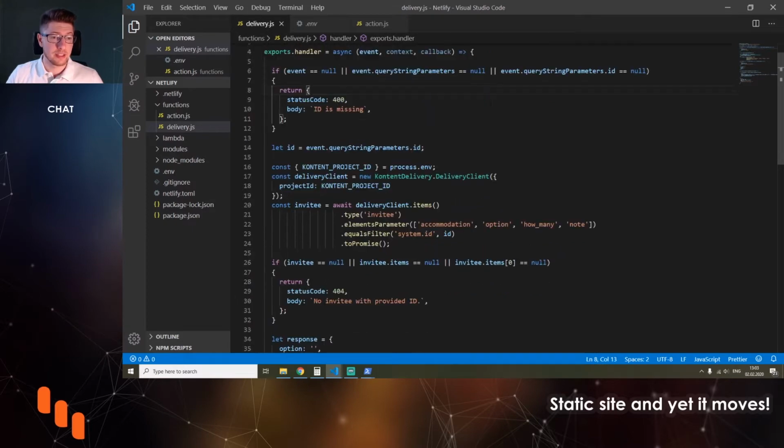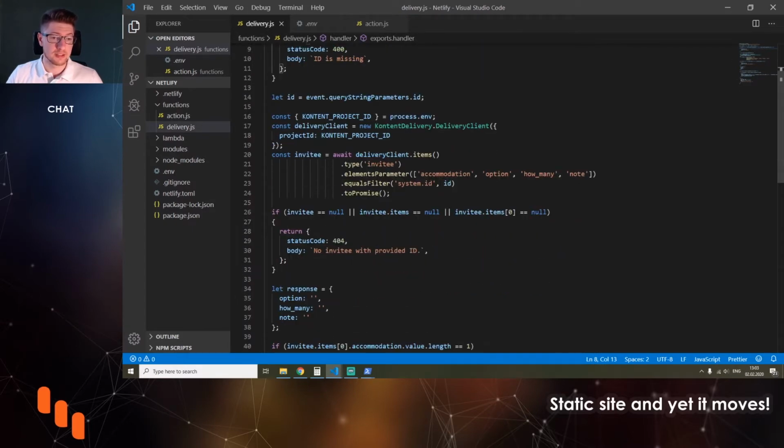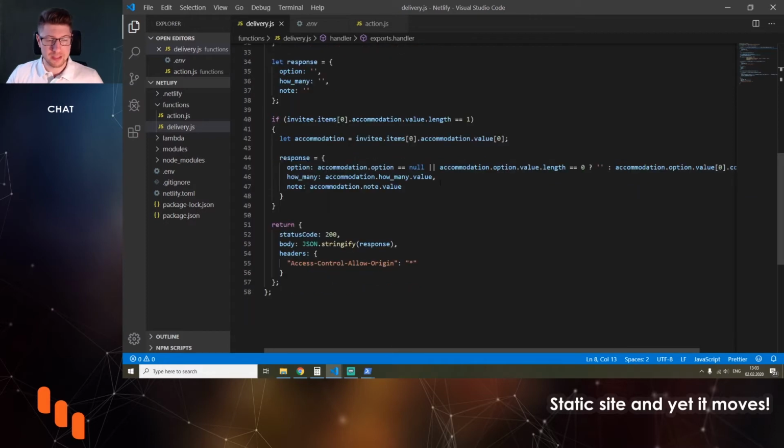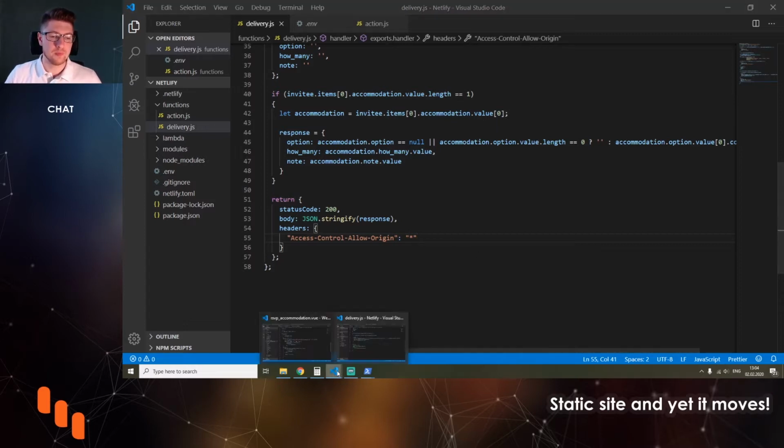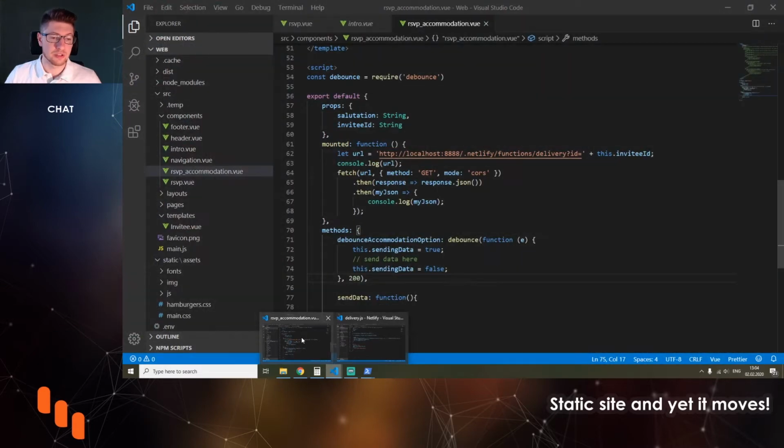All the processing is happening here. But what I was missing last time is that on the response there needs to be the header Access-Control-Allow-Origin with a star. Of course, this is going to be the host or domain where I'm going to be hosting the wedding site, but for now, for local, I just set it up as a star. So this will allow all requests from all domains. And obviously, on the other side of the